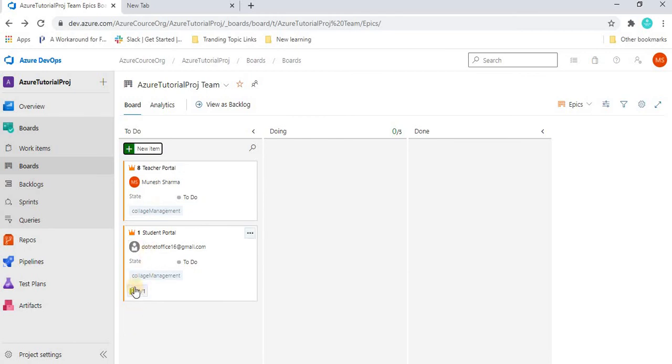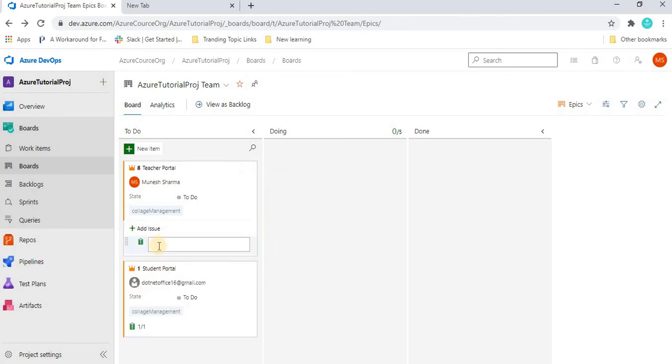Currently for this one there is one issue assigned, and for this one there is no issue. So I can add an issue here, and I can add multiple issues. I'm going to add login portal for teachers.